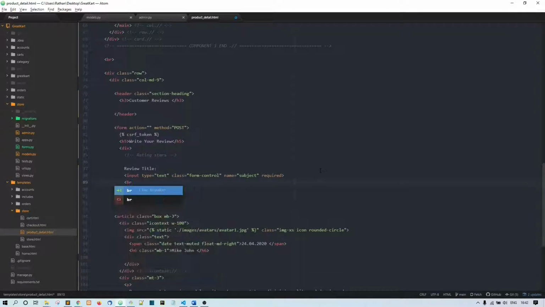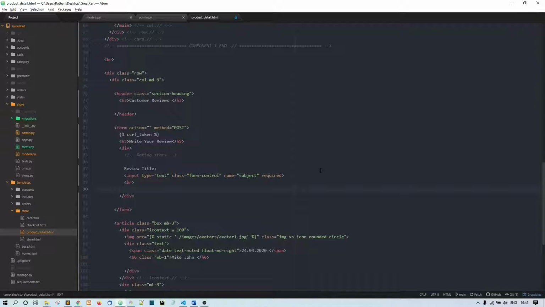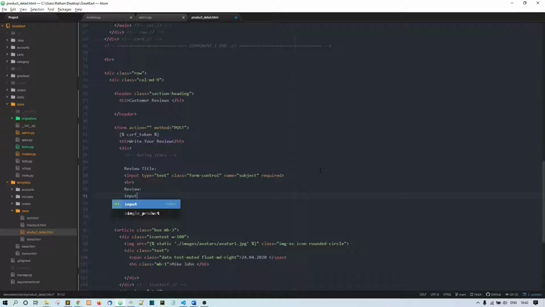I'll put a br tag, then again I'll add review. For this review input, let's say textarea, name equal to review, and rows let's say 5. Maybe 4 rows. We don't need cols, and this is